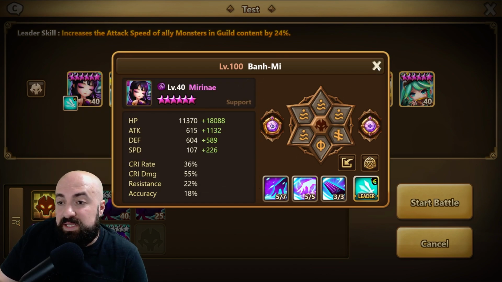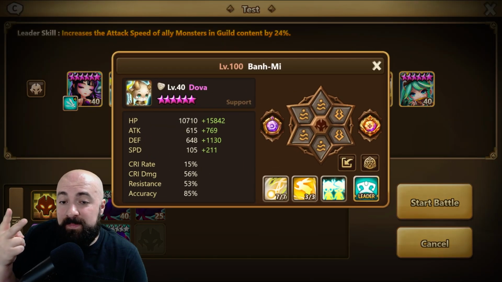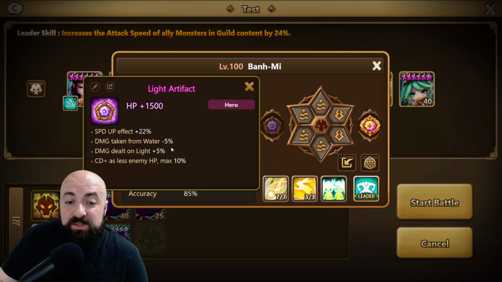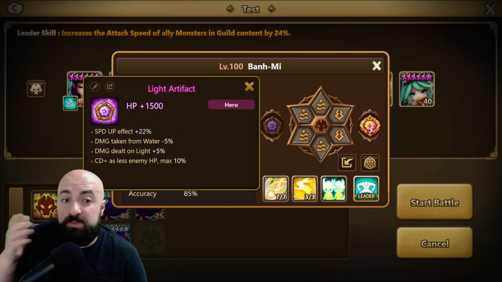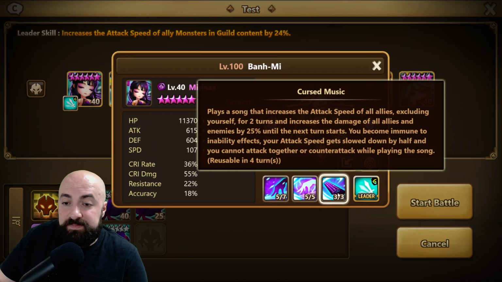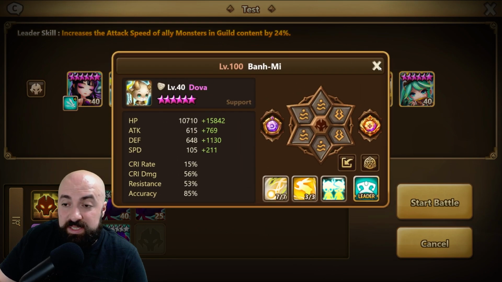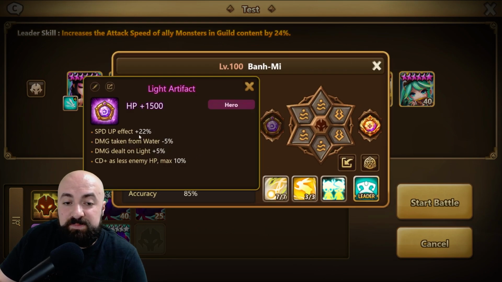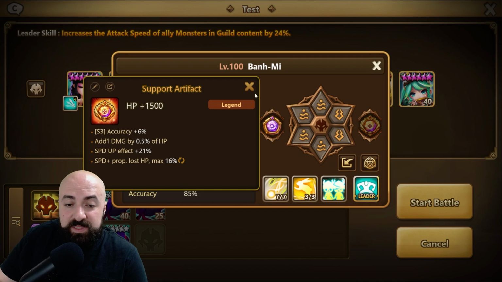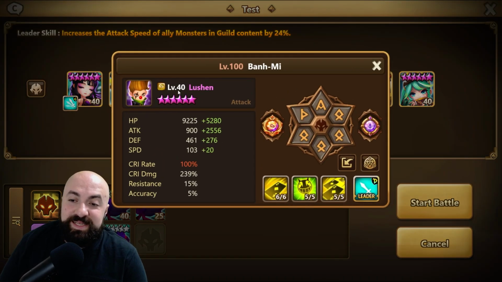With the Dova, he takes your second best swift set, and you need speed up effect on artifacts because you want him to take the next turn after her, because she doesn't attack by increase. She does a speed buff, so you want him to cut in with the speed up effect. So I got a 22 over here and 21 over here, and then my Lucian is, listen, this is a